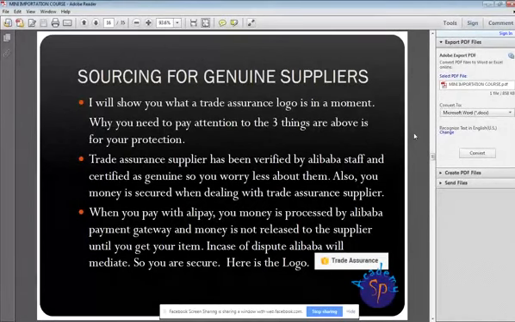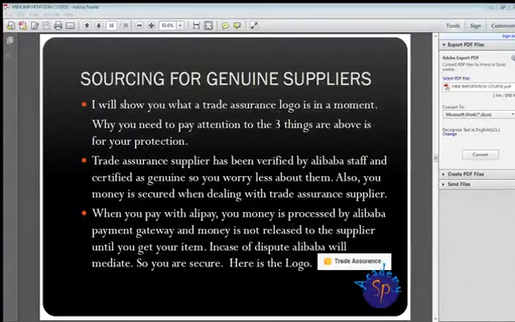Your money is not released to the supplier until you get your items. In case of disputes, Alibaba will mediate, so you are secure. Now, just look by my right hand side, just ahead of the Superpreneur Academy logo, you see trade